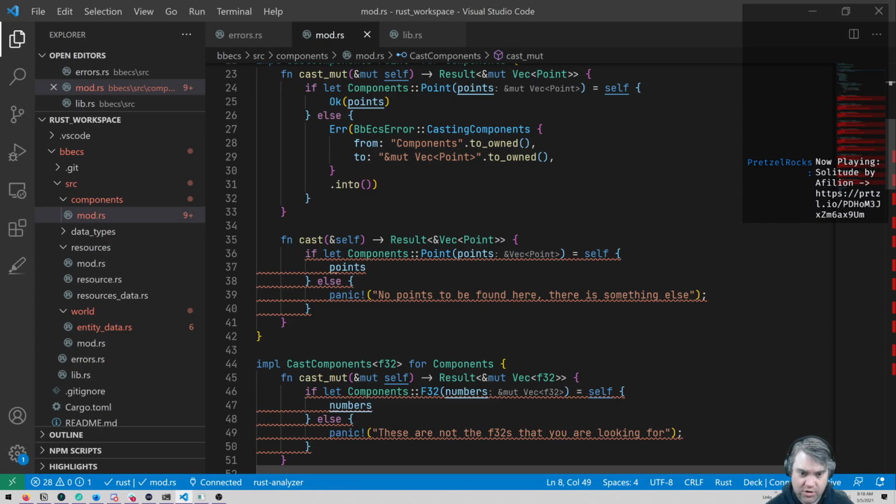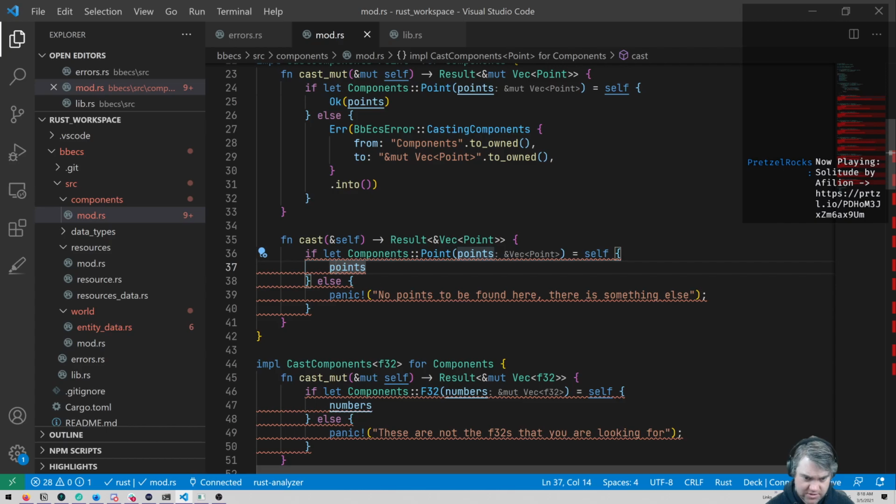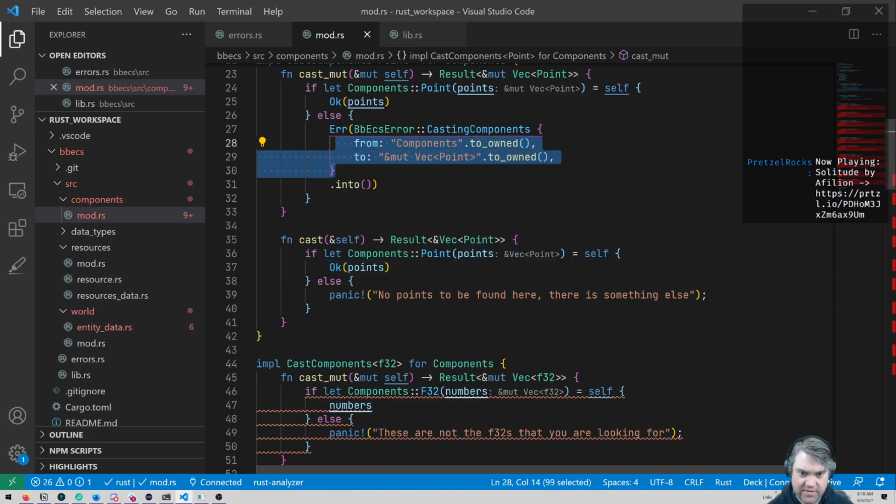We can now have like, okay, like all of these get wrapped around, so they become just okay. And essentially we have this error right here.